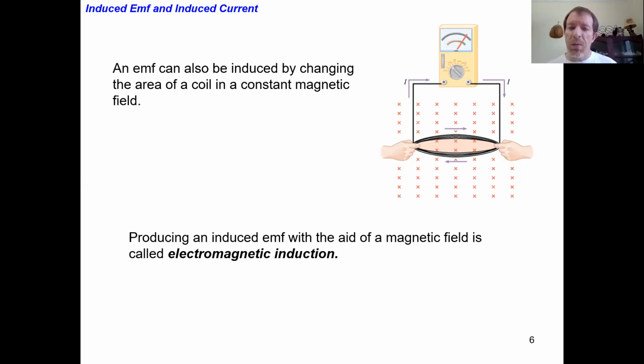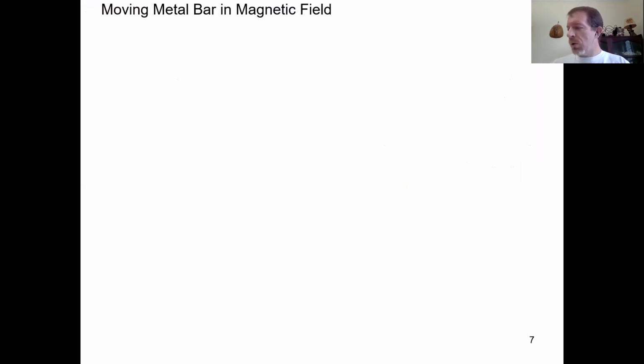So producing an induced EMF is a process called electromagnetic induction. All right. So we're going to look at another way that we can produce an EMF besides just this coil that we've talked about, changing the magnetic field near the coil or changing the magnetic field through a coil by changing its area. We're going to look at what happens when we've got,